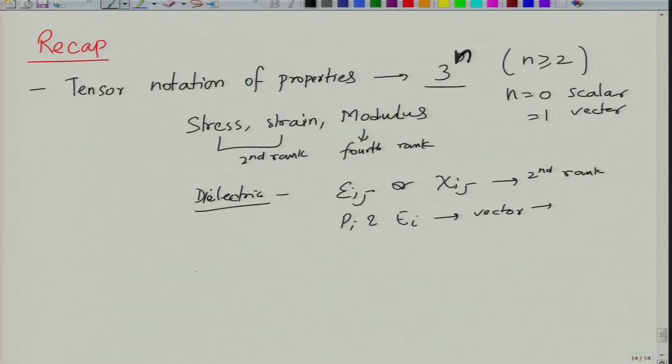A fourth rank tensor can be very tricky because you have 81 components, but life is a little easy for us because of thermodynamics and crystal symmetry arguments, that we can reduce this number from 81 to 21 or even lower. So, that way we are lucky. We then started our discussion on piezoelectric properties. We were not able to get into equations, but we just defined what a piezoelectric is. We will continue on those aspects based on crystal symmetry first, before we look at the piezoelectric properties in mathematical form.